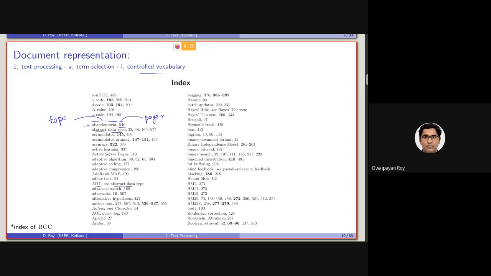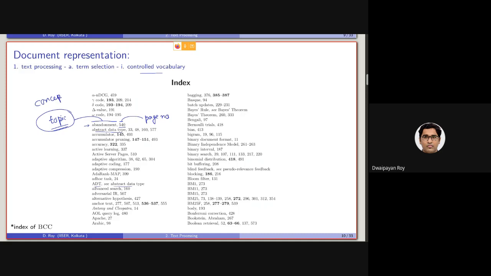So in this controlled vocabulary, the topics are chosen with human intelligence or human expertise. So while making this index, following a controlled vocabulary, what the system will be doing is, basically it will be selecting certain topics or concepts,